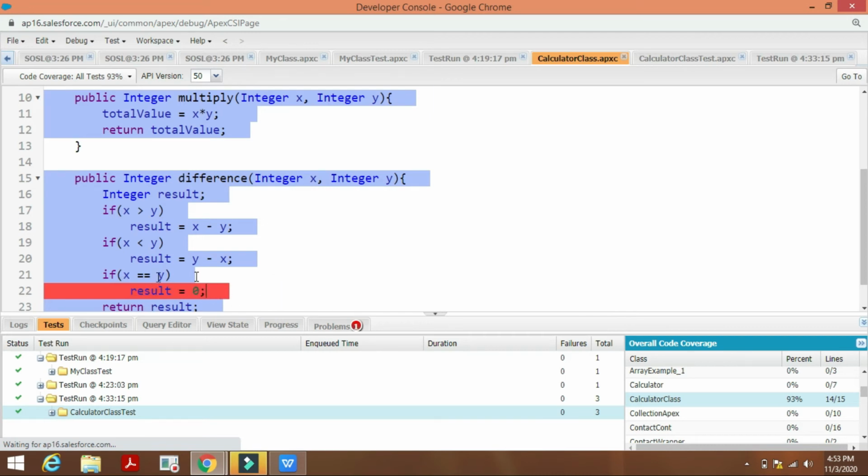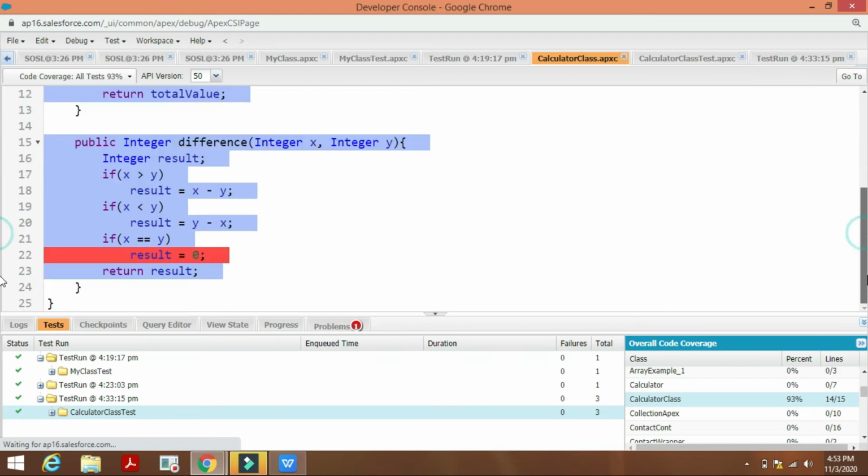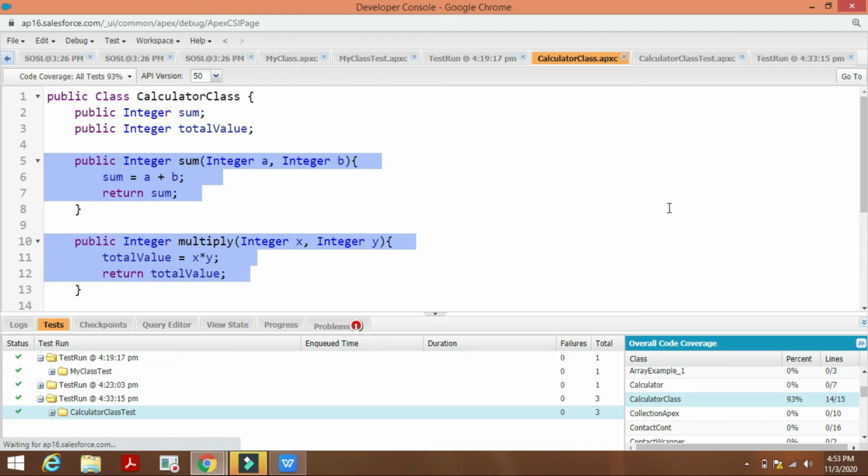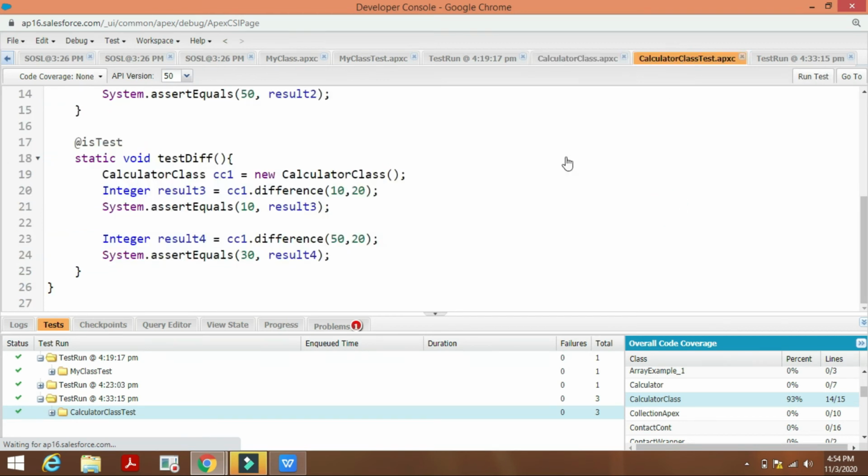I have left this out to show the difference between the blue lines and the red lines which are highlighted, and to show what code coverage is and how it works. You can achieve 100% code coverage by inserting another result here for when x is equal to y.